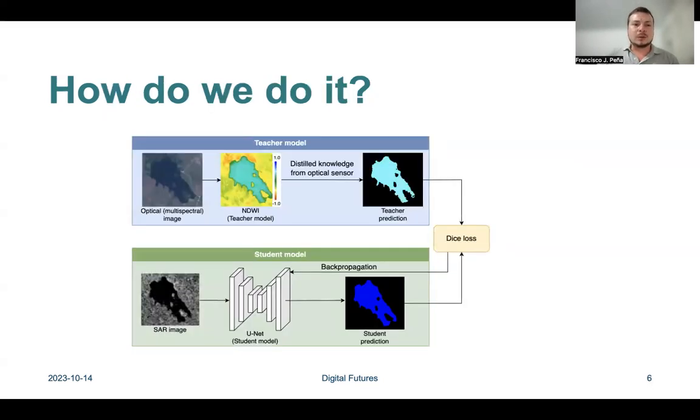To overcome this problem, we rely on optical imagery and on a technique called the normalized difference water index. Basically, this technique allows us to detect water from optical imagery with high accuracy. Then, using this over thousands of images, we create a lot of water masks that we then give to a deep learning model that uses SAR images, and basically this model learns to imitate the optical output from the input